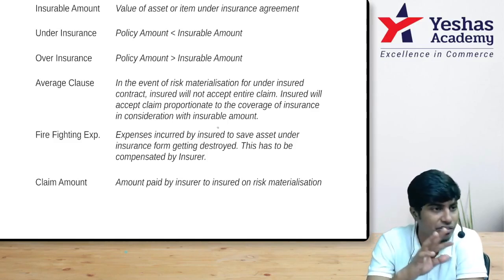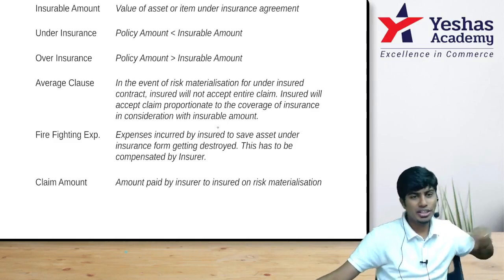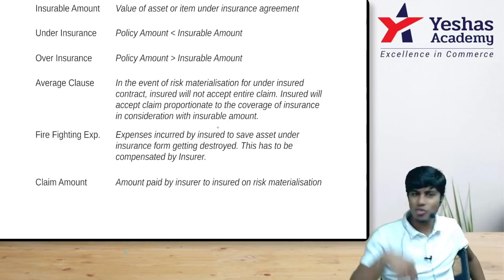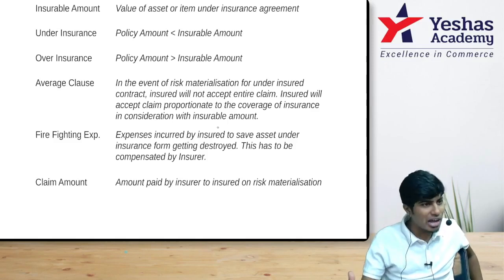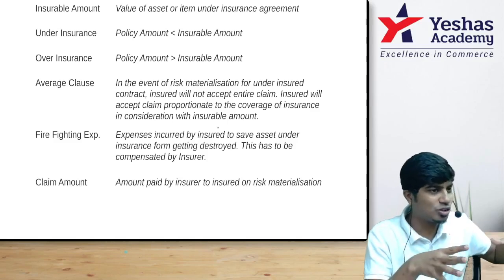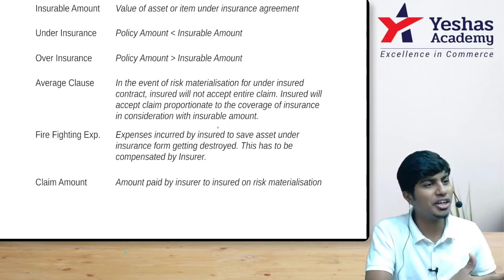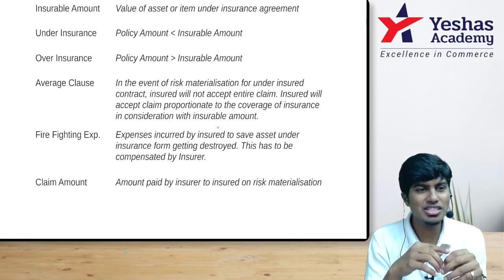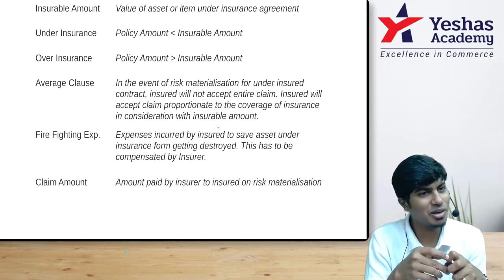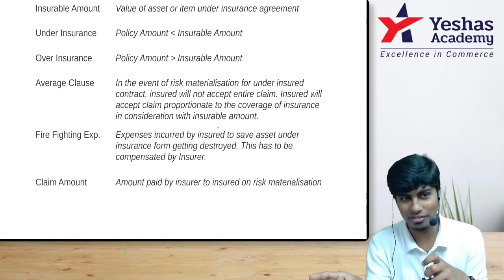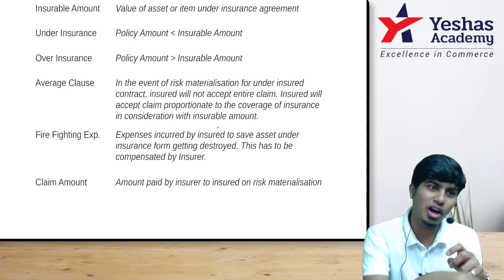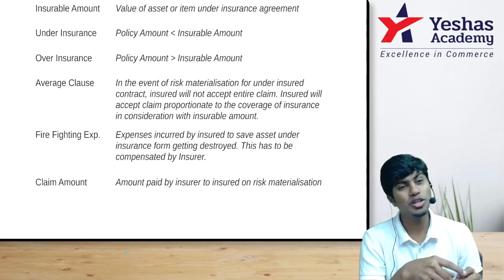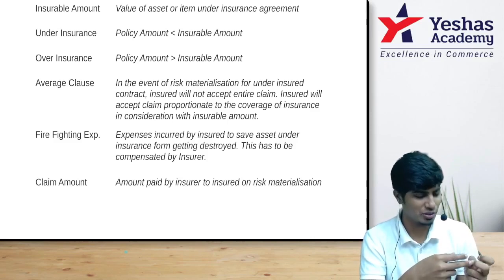90 is a little confusing. Let's take an even simpler example. 1 lakh worth of goods got destroyed. You ask, I took a 1 lakh policy, 1 lakh goods destroyed, give me money. When you ask 1 lakh from the insurance company, you are saying whatever goods on which I took the policy got destroyed. What didn't get destroyed is not covered by the insurance policy. Is that possible? The insurance company will say, no, it's not like that. Whatever goods you got insured, that is remaining. Whatever you have not got insured, that got burned by fire. I will not pay for uninsured goods burned by fire. For goods which were insured and got burned by fire, 80,000, I'll pay only an 80,000 claim.